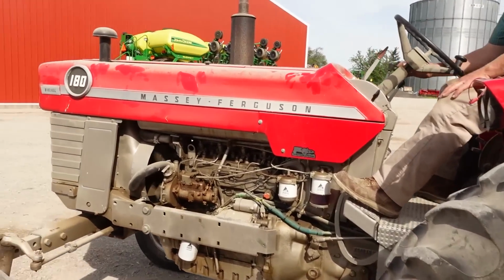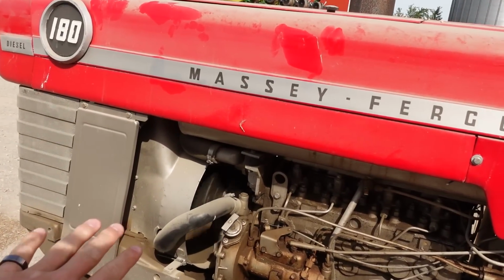Ooh. See, no safety or anything. No. Back in the day, you didn't stick your hand in engines. That's what they call real iron. No sensors on that puppy. The